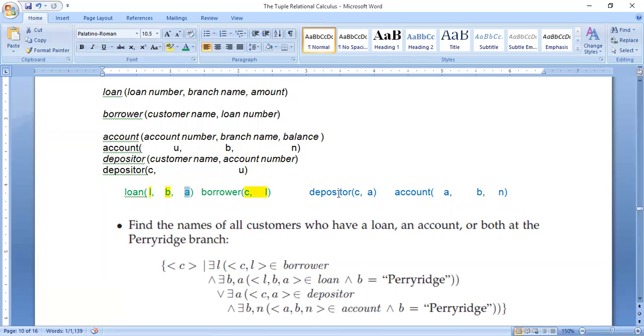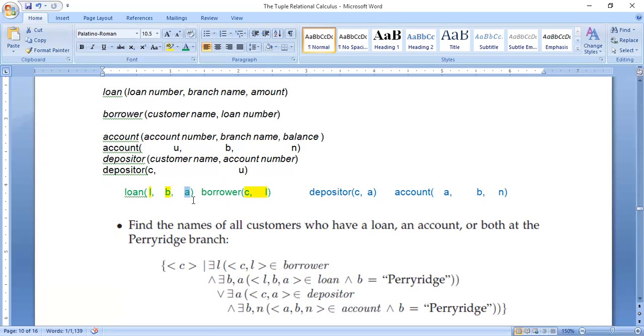The depositor relation here consists of the two variables C and A, but because we require the name of the customer, which is the common attribute, and the branch is also a common attribute,